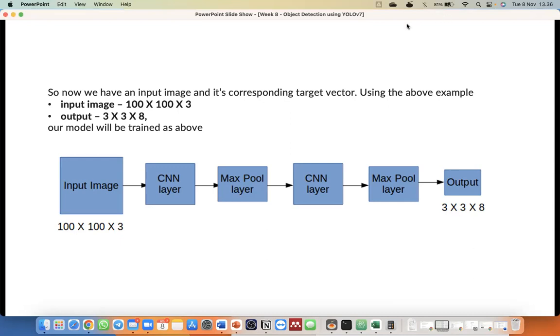And the input image is still the same as in our image classification algorithm, which is the image itself that we want to classify or detect the object inside it. The difference between the object detection algorithm and the image classification algorithm is the output. The output is a matrix, and it is different from the image classification algorithm, where the output is only a scalar. It is the label.